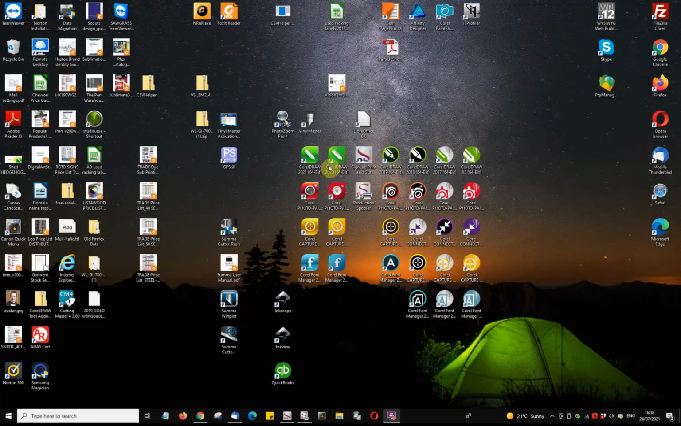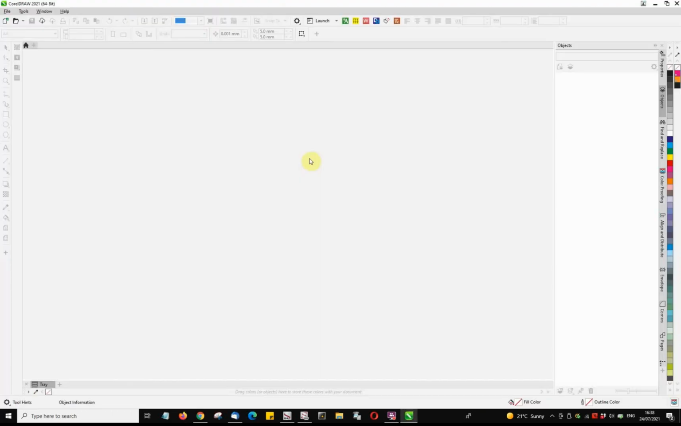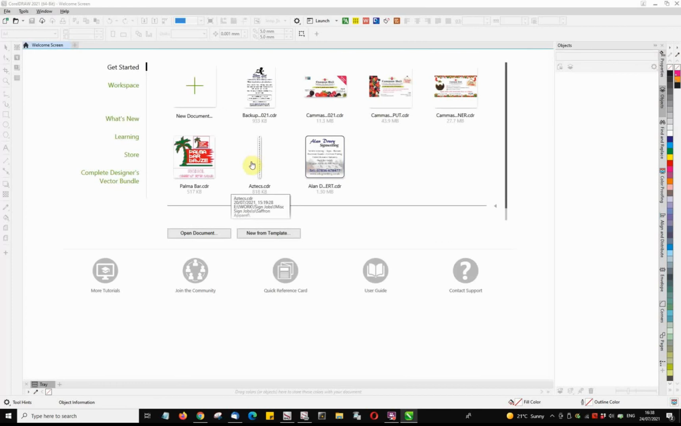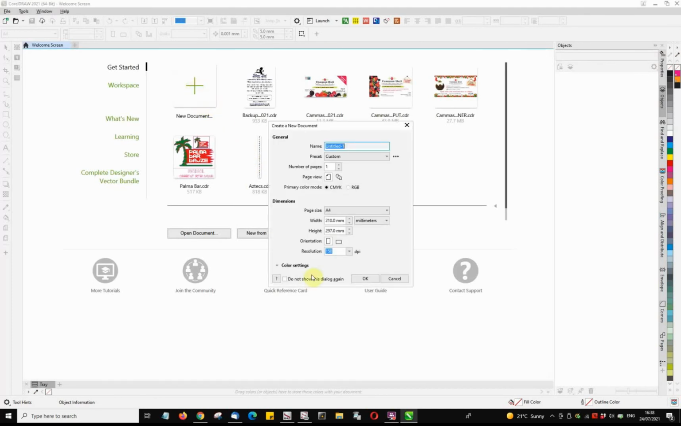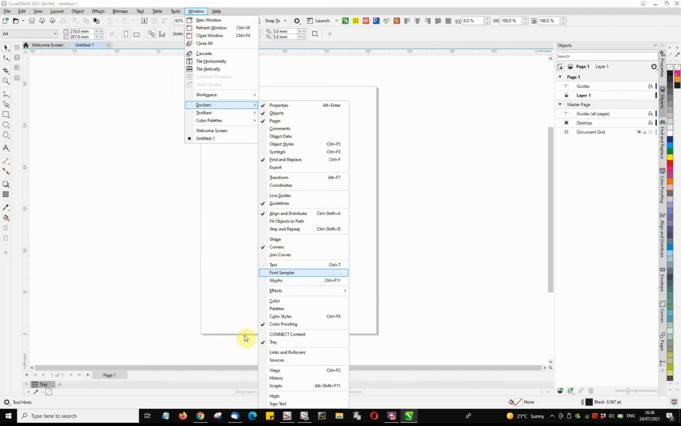We can close that down, and if I run Corel Draw 2021 very quickly, what we should see is that the installer has run, and it has added the Docker in our Docker list, which if we go to Windows, to Dockers, we can see SignText at the bottom. Click that,